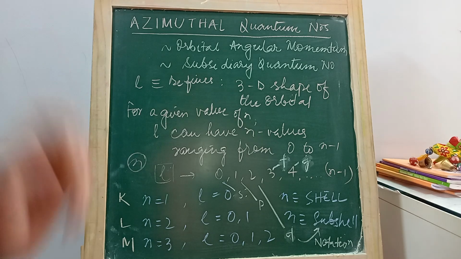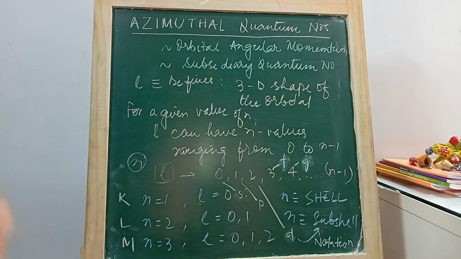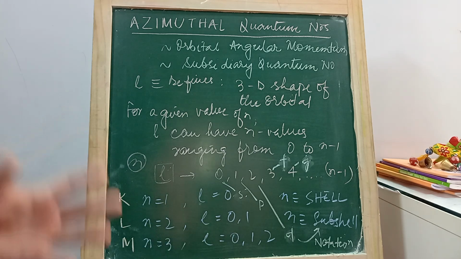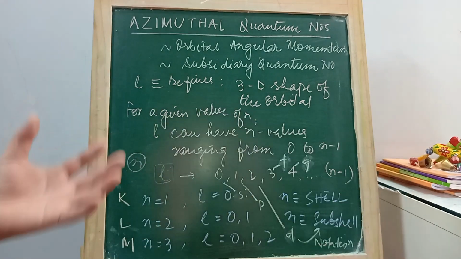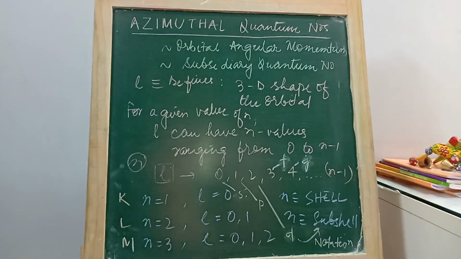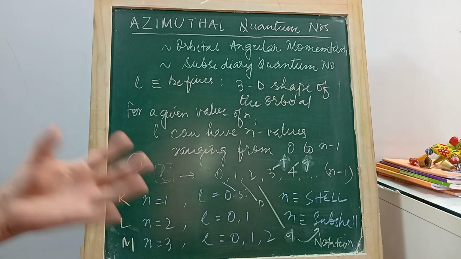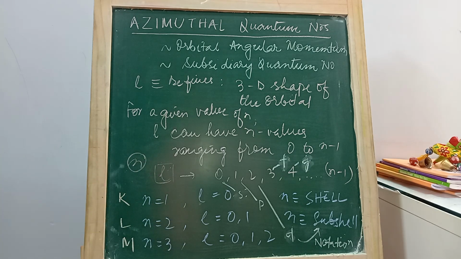Okay, let's continue quantum numbers. Quantum numbers are the numbers which are natural solutions in solving the Schrodinger's wave equation. These numbers are used to describe various properties of the orbitals. And what are orbitals? Orbitals are the space around the nucleus of an atom where there is maximum probability of finding an electron, which is in consequence of Heisenberg's uncertainty principle, whereby we cannot exactly determine the position and the velocity